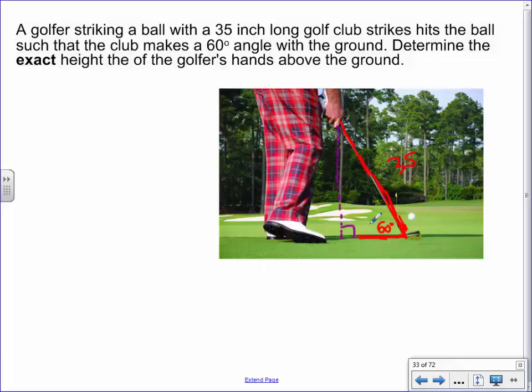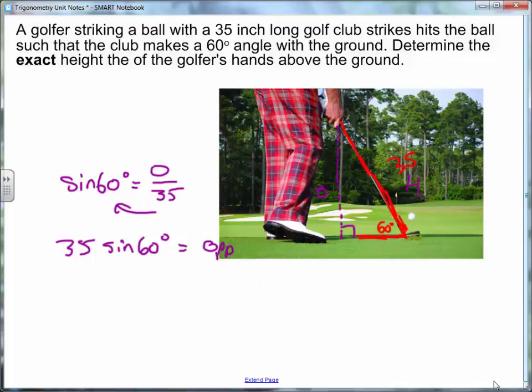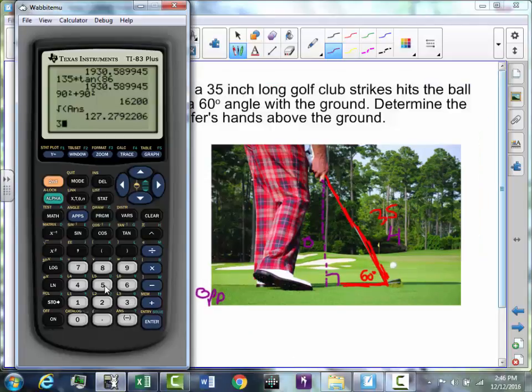This is a nice right angle triangle, right? So you'd say, well, this is the opposite, that's the hypotenuse. You'd say the sine of 60 degrees is going to be the opposite over 35. You'll times up the 35 and go 35 sine 60 equals the opposite. You then would go to your calculator, you'd type in 35 sine 60, and it would give you this answer right here,